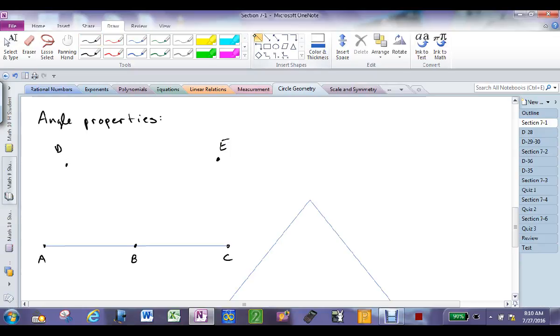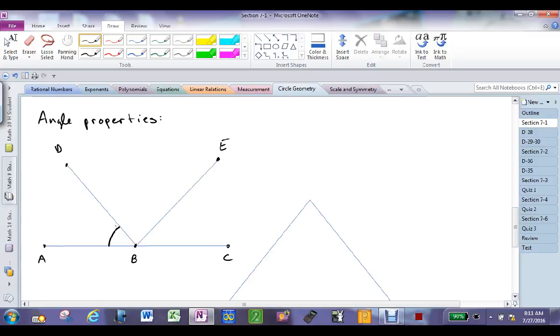Connect DB and EB. So DB and EB. So everybody should be looking at something that looks like that right now. Right? And everybody's going to be different, isn't it? Everybody cool? Okay, now, this angle here